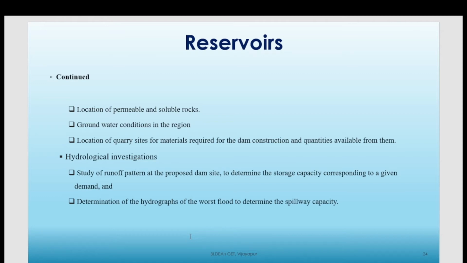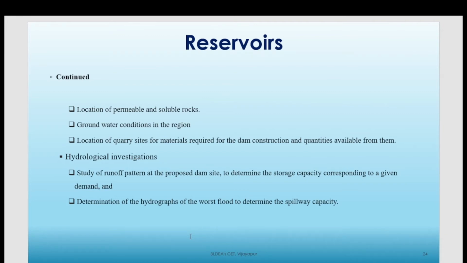To understand these studies, what details do we require? We need to understand the runoff pattern and the rainfall pattern, then assess the storage that is possible with different rainfall events or seasons, and also study the hydrographs. We have already studied hydrographs. Hydrographs are basically the plot of discharge with respect to time, right? So at different seasons and different rainfall periods, what will be the discharge in the river? That will give you an idea of storage of water in different seasons.